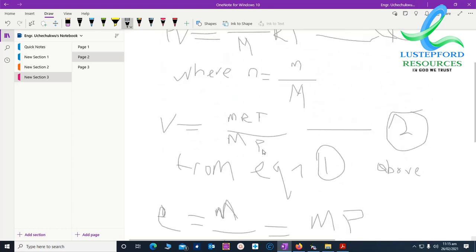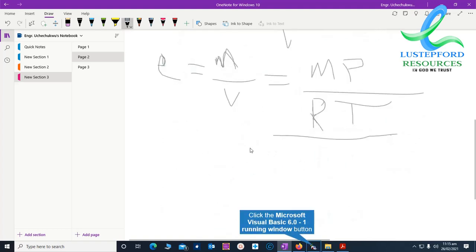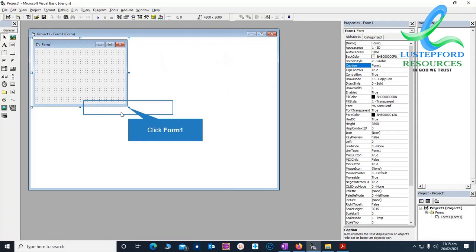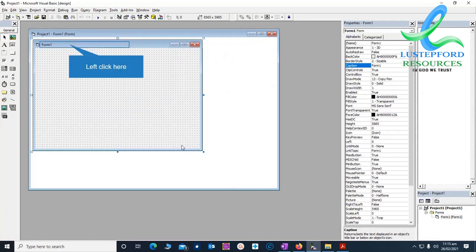This is the volume of the gas. So applying this formula, we can now write a program with those formulas